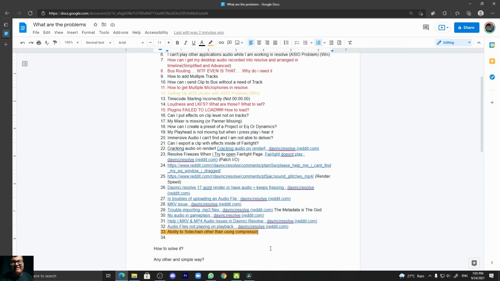MKV has only recently come into Resolve, so they are still building upon it, and in the near future it will be stable. For MP4, I'm not sure which one, but for OBS recorders, I'm talking about gamers who are streaming and then coming into Resolve, these are mainly related to them.